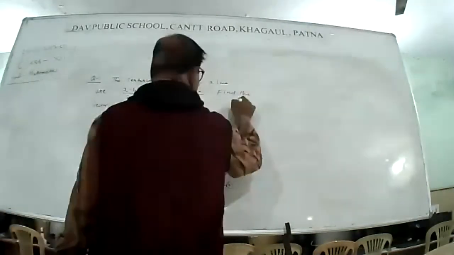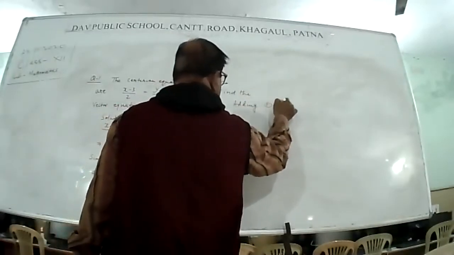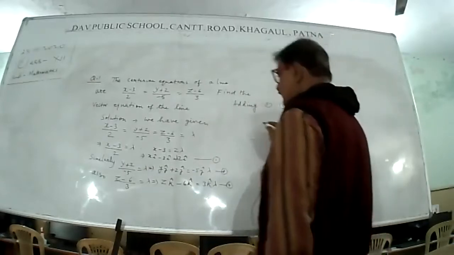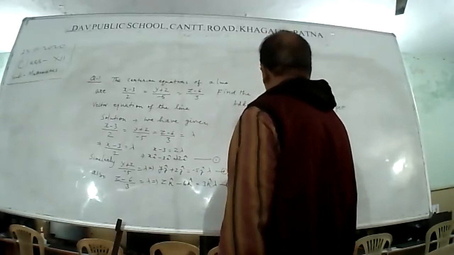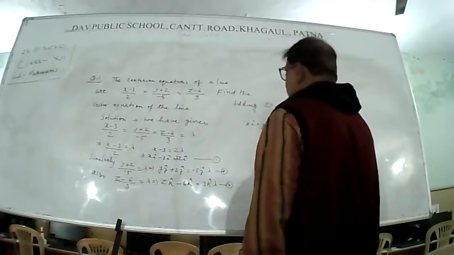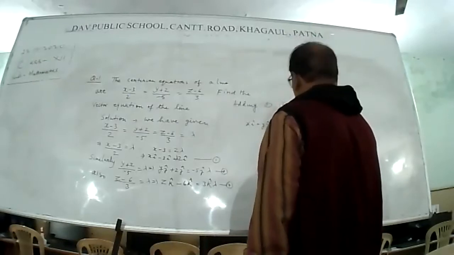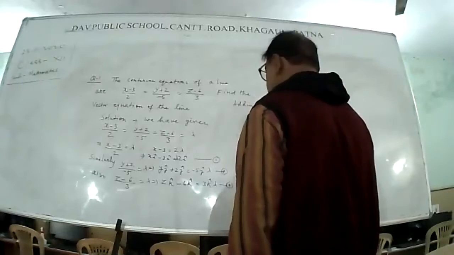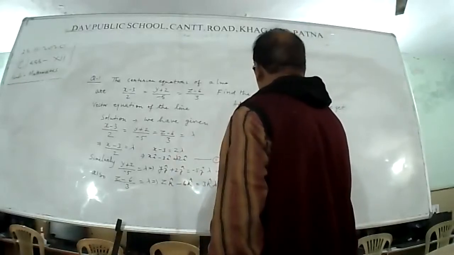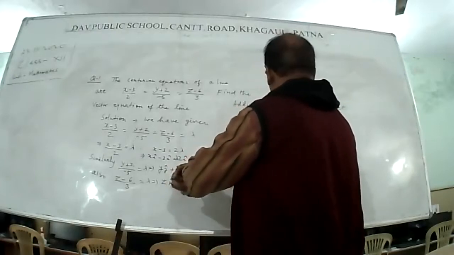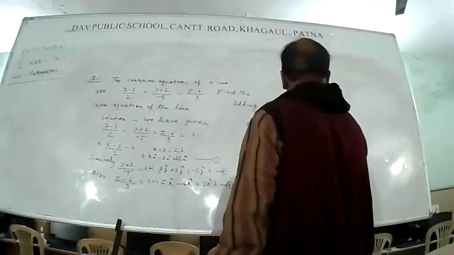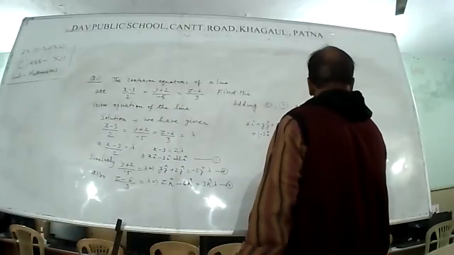This implies z k unit vector minus 6 k unit vector is equal to 3 k unit vector into lambda. Third, adding first, second, and third, we get x i unit vector plus y j unit vector plus z k unit vector plus minus 3 i unit vector plus 2 j unit vector minus 6 k unit vector is equal to lambda into 2 i unit vector minus 5 j unit vector plus 3 k unit vector.